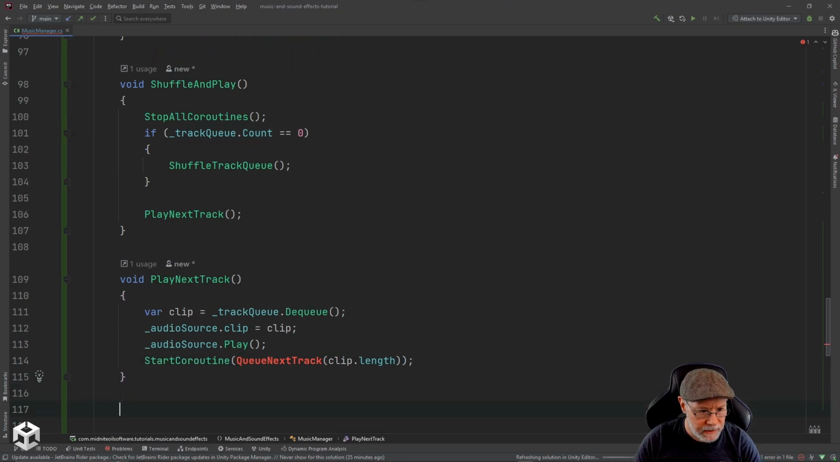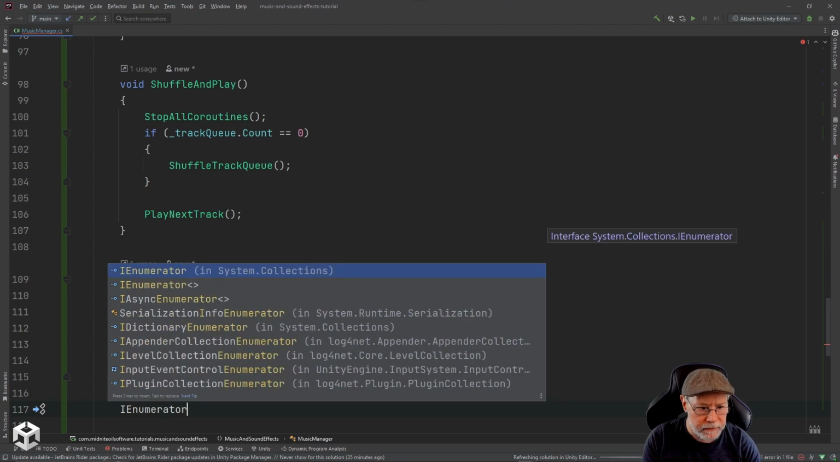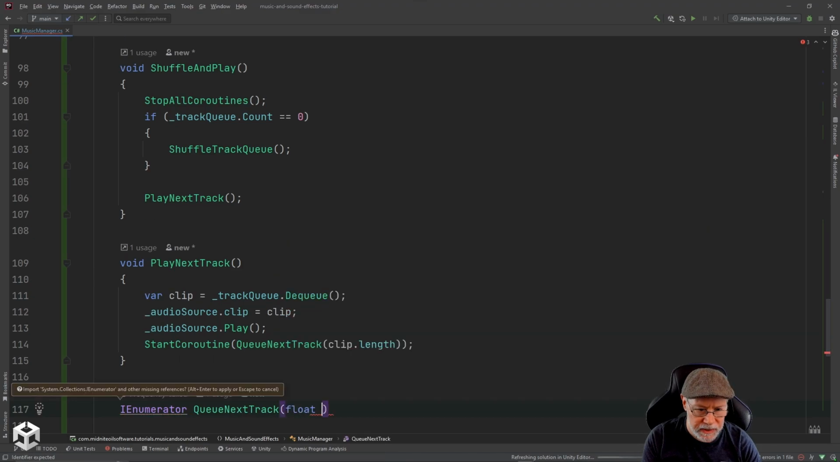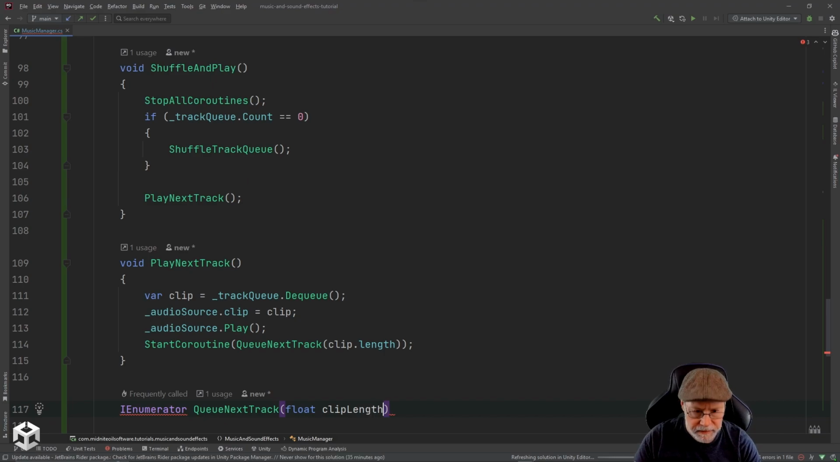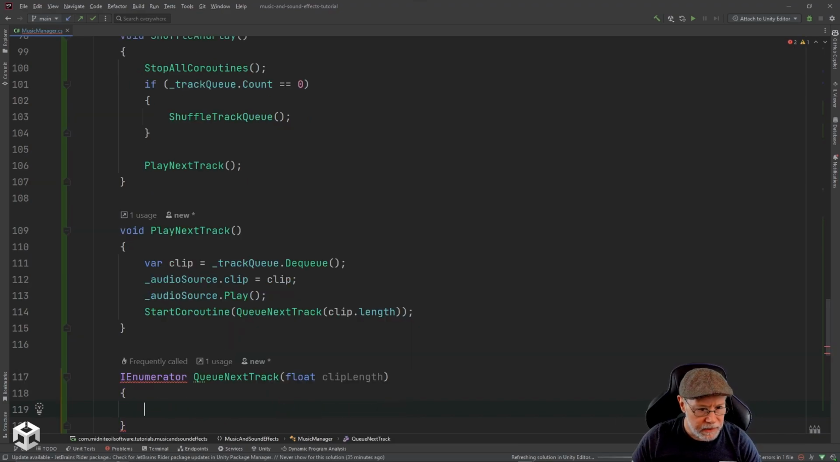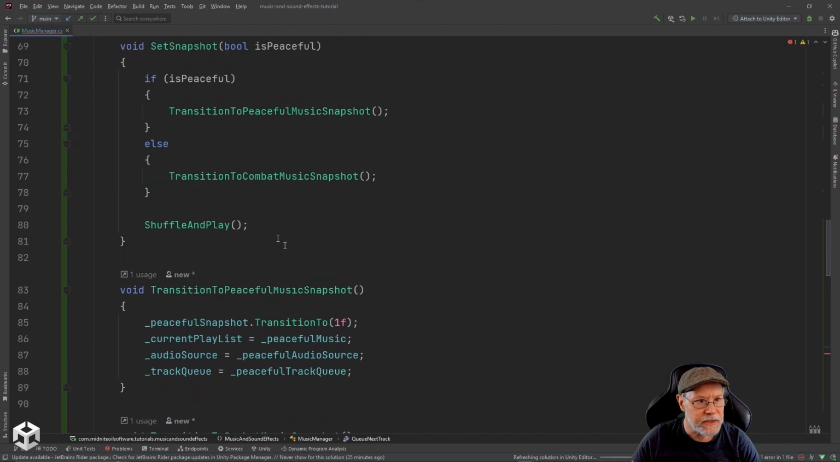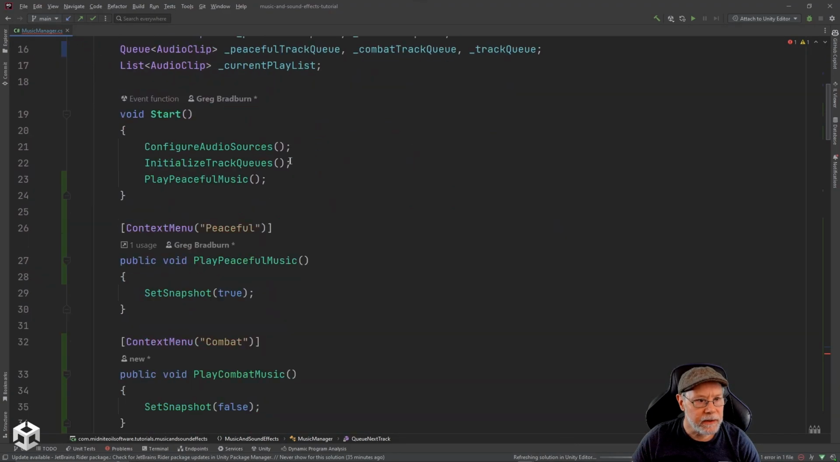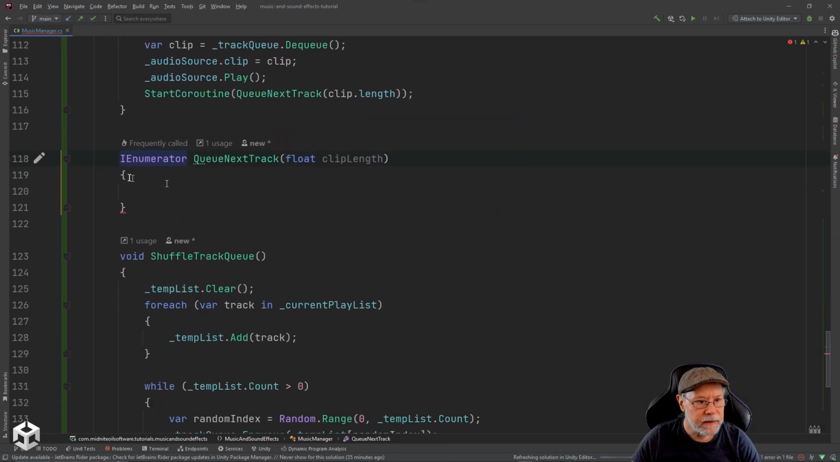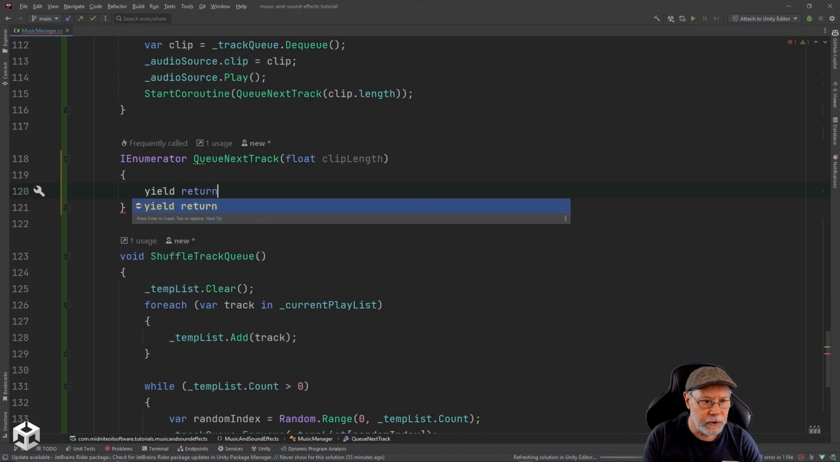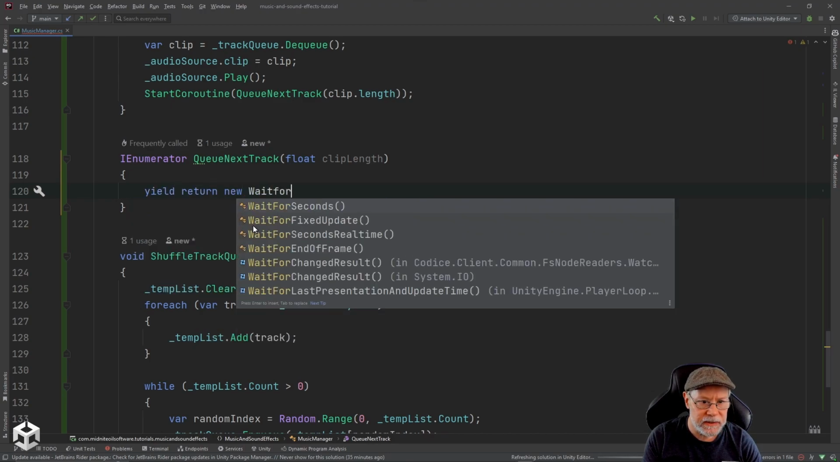All right, so I'm going to come down here and I'm going to say IEnumerator, and we'll say QueueNextTrack. We'll take a float, which is the clip length. And we need to make sure we're pulling in the right namespace. So that's System.Collections. Okay, we got that. And we want to do a yield return new WaitForSeconds,